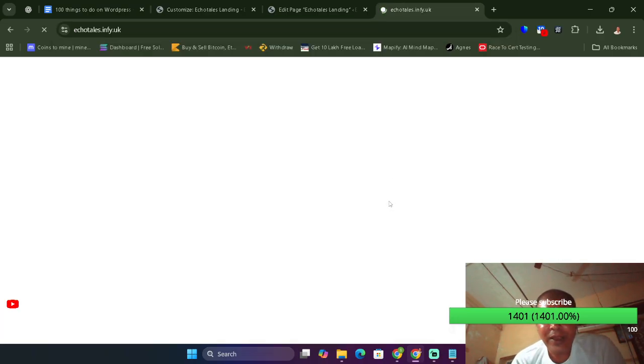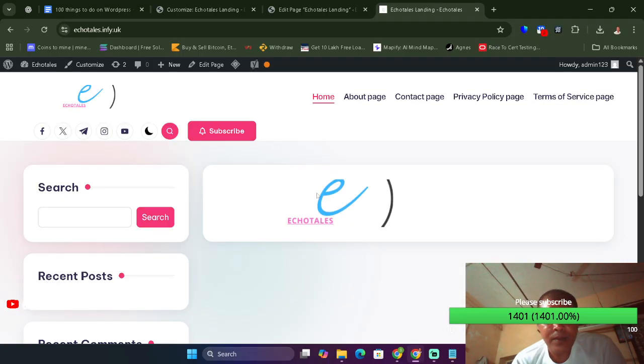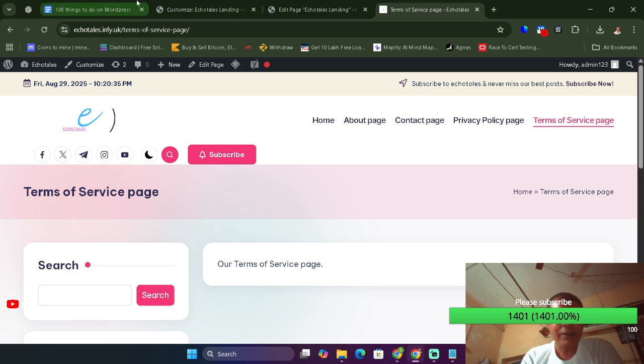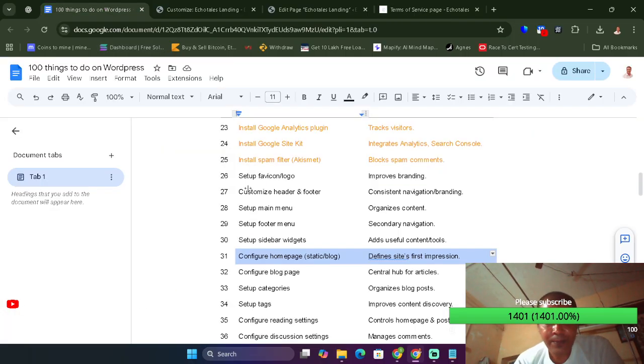This should actually get us the top menu, and if we go to about page, it should say this is our about page, contact page, it should say this is our contact page, privacy policy, it should say this is our privacy policy, and terms of service should say this is our terms of service. Wonderful. Now that you know how to do this,